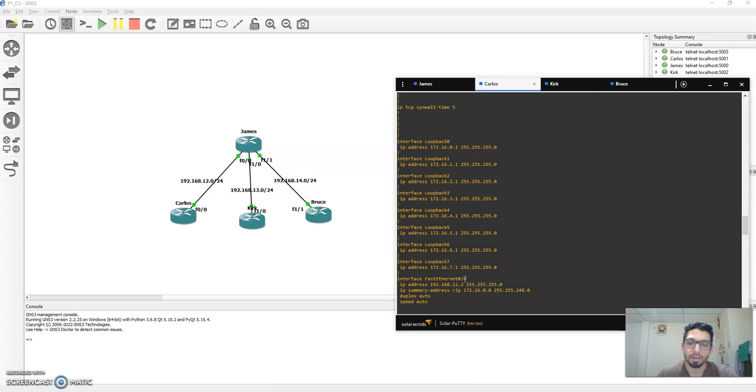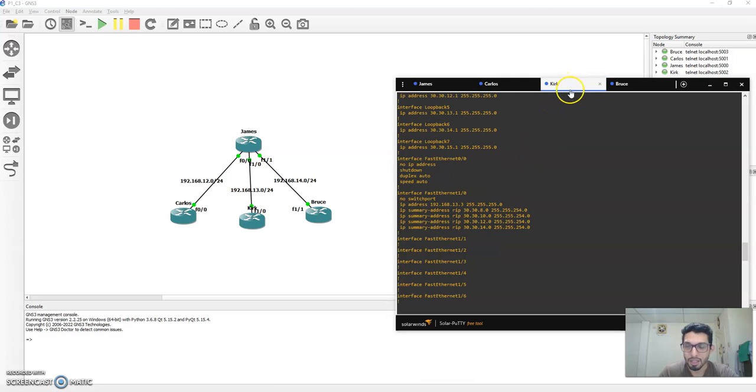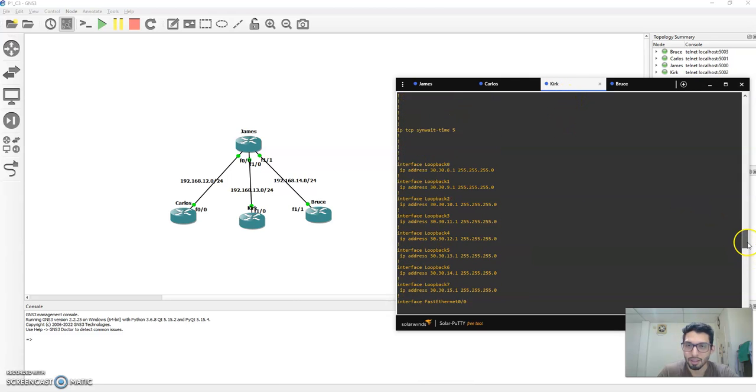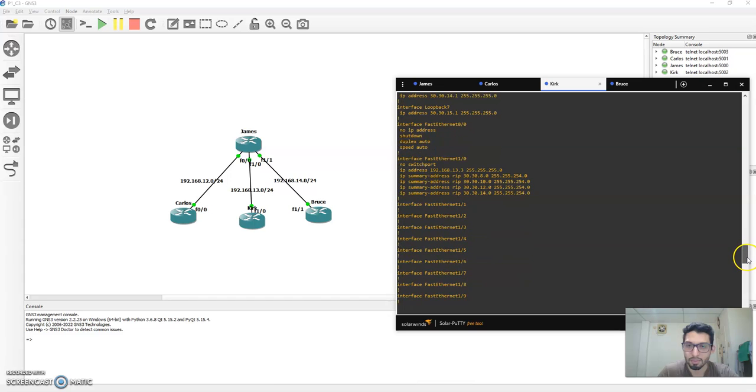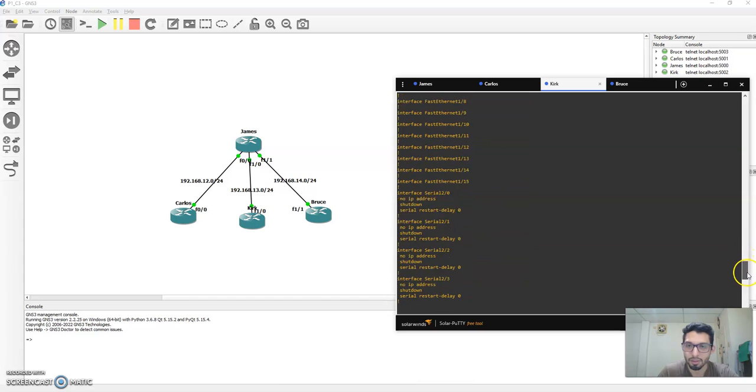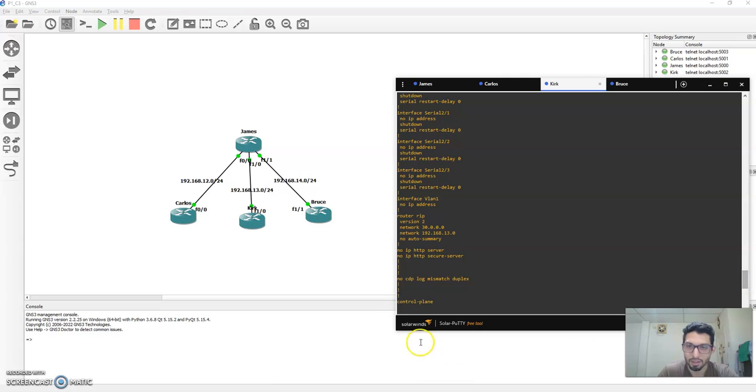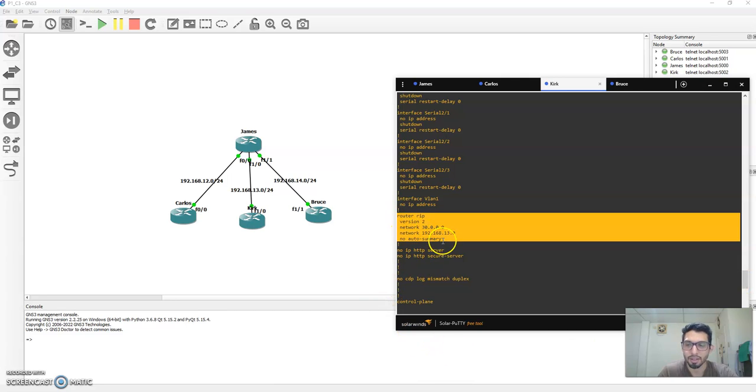Then routing protocol RIP version 2 was configured. Here we can see it in the Kirk router, on this part. Let me look for it. Okay, here we have router RIP. So here we can see the routing protocol configured on the device,